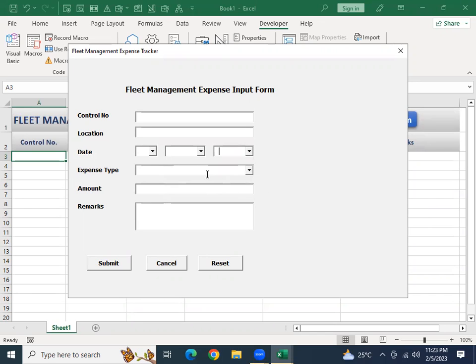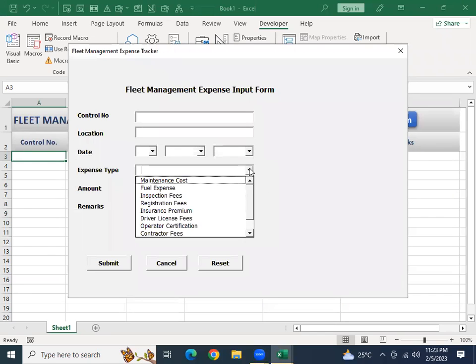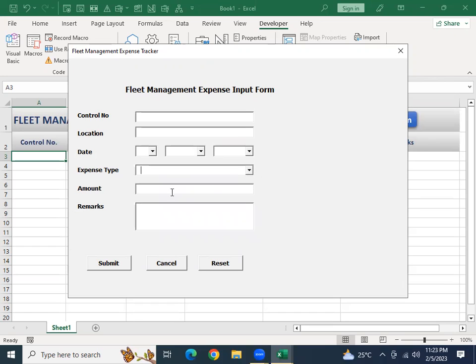Okay. What about the expense? This is also a drop-down list. Okay, maintenance of fuel expense, inspection fees, registration, insurance, driver, operator, contractor fees, external workshop utilities. Okay, this one you have to write because this is a text box. All right, so let's go back to